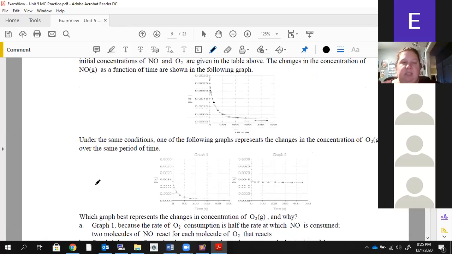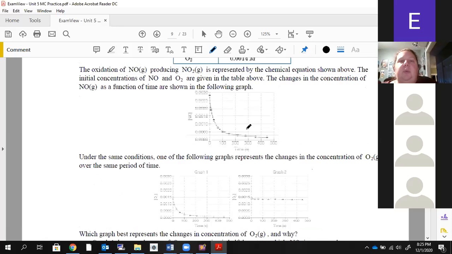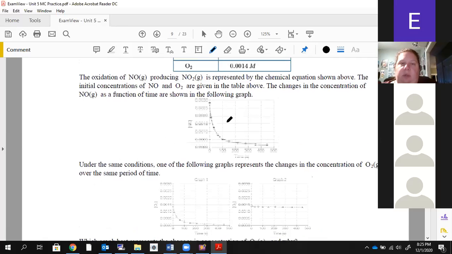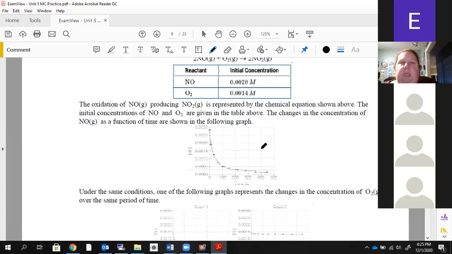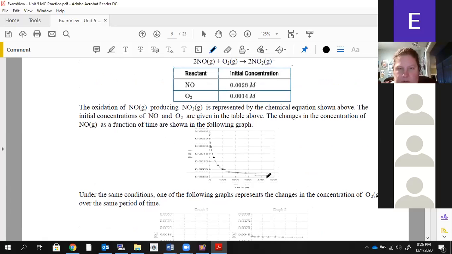Okay, so this is a tricky one. What they're showing us in this first graph is that the concentration of NO is decreasing, not in a zero order kind of reaction, right? Because we've got a graph of concentration versus time. It's a nice curve. We don't really need to worry about whether it's first order or second order, but we see that non-linear change in concentration